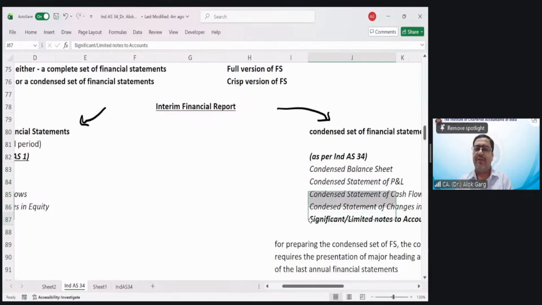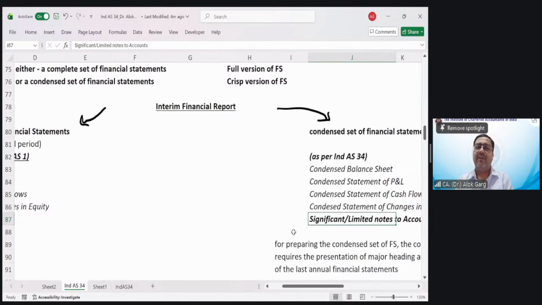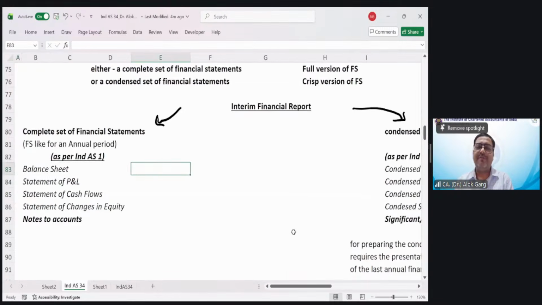And of course, when we are talking about the preparation of a financial statement, if it is a 60-page financial statement, how much page will your balance sheet take? One page. That is all it will be, right? P&L will take 1 page. Cash flow will take 1 page, maximum 2 pages, right? Statement of changes in equity will take 1 page. These 4 components will take 4 to 5 pages.